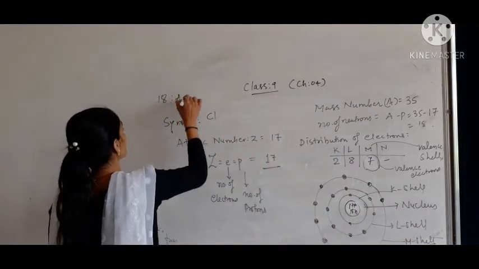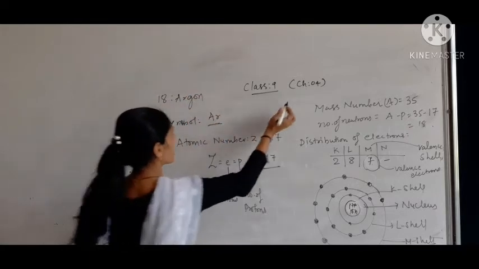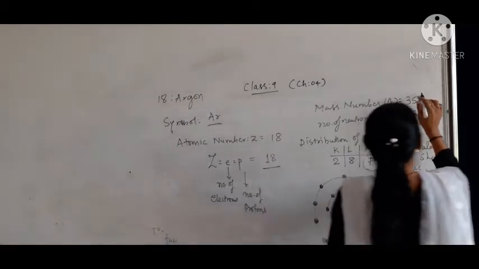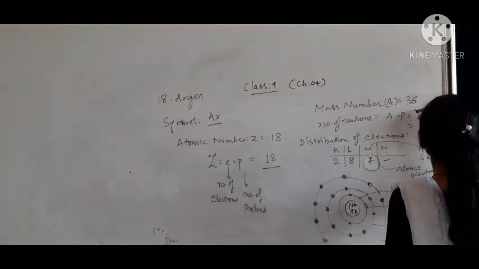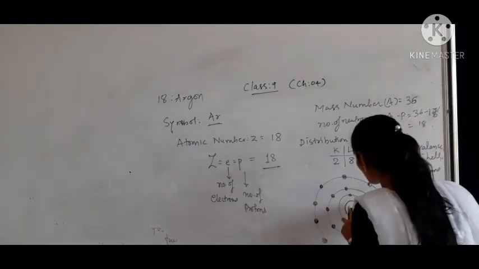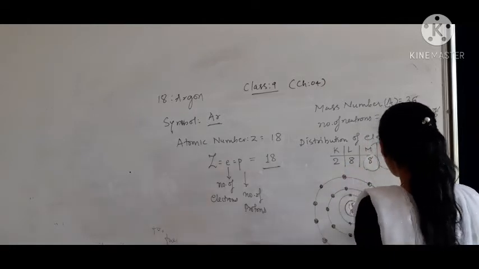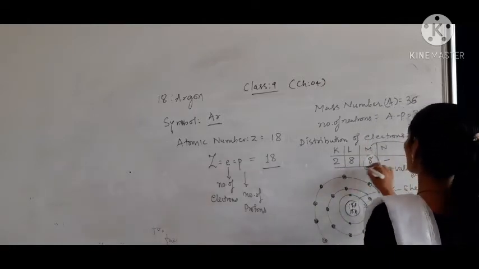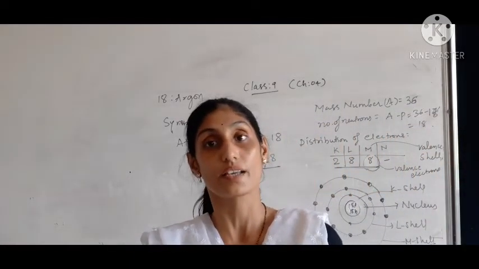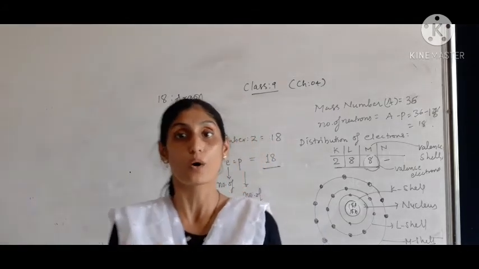Argon has the first 2 letters A and R as its symbol, which contains 18 as atomic number, 18 electrons, 18 protons, and 36 when we talk about its mass. 36 minus 18, so it contains 18 neutrons. Instead of 7, it now has the fulfilled orbital. So that is what is given in your textbook, elements 1 to 18.